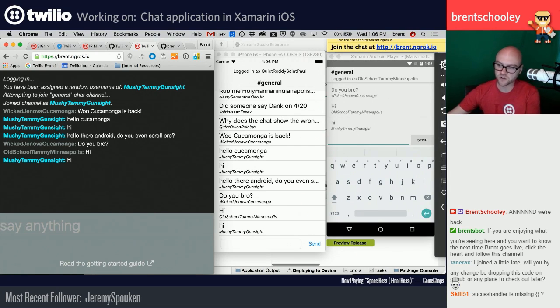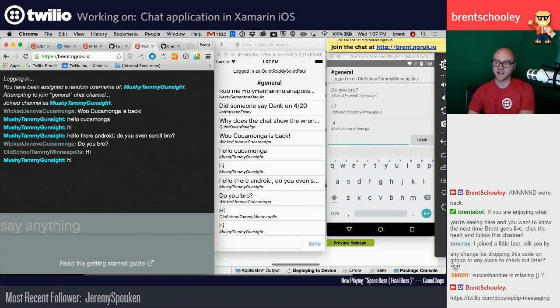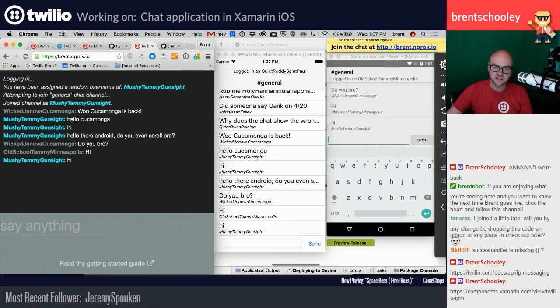If you want to do this for yourself, head over to twilio.com/docs/api/ip-messaging. And that'll have the quick start, but also I should point you to the Xamarin component. So if we go to components.xamarin.com, I can look up the Twilio IP Messaging. It looks like component store is back to working. We'll take a detour in a second to try to get that working again. But there is a Twilio IP Messaging component. This has in the getting started